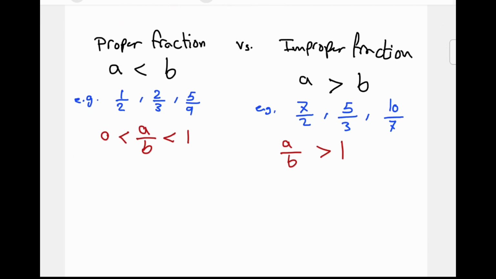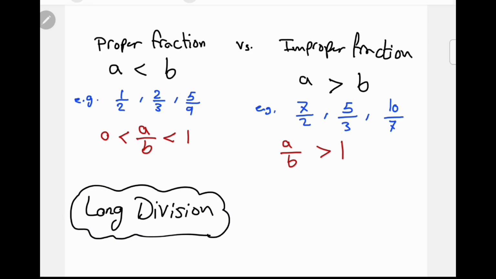One important thing that students need to remember when dealing with fractions is the operation of long division. This is an important tool that one needs to remember when dealing with fractions. Why? If you know long division, then using long division, you can convert the fraction to a decimal number